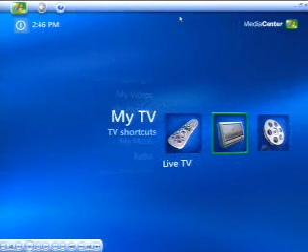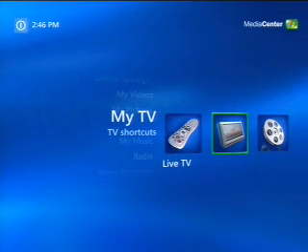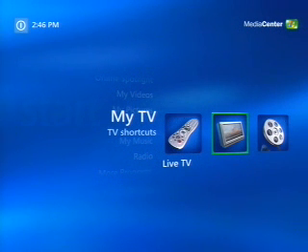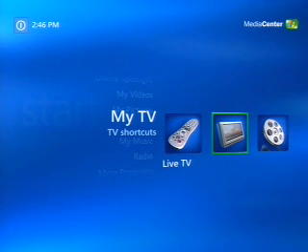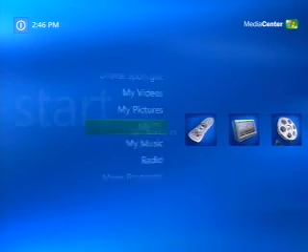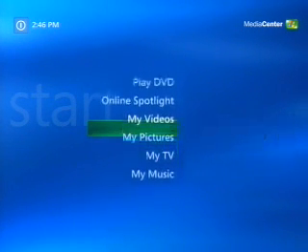I can, in fact, resize this up in a corner and work on the regular desktop. So we're not taking the capability of it being a PC away from the user. What we're doing is we're giving you a couple of different options. But in this option, when I go ahead and press the green button on the remote control, it launches into this interface. We call it the 10-foot interface. And it gives you a representation of these things that is all now, like I said, completely driven with a remote